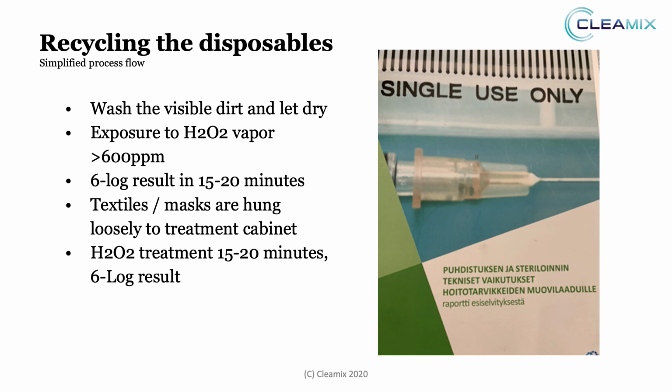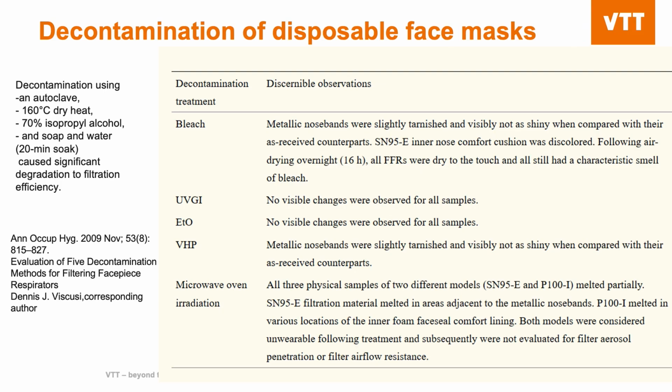If we look at the alternatives, I'm borrowing a slide from VTT here now, the one that we also saw last week. If an autoclave is used, or if alcohol is used for masks, it simply causes too much degradation to filtration efficiency. So it means that you can't really wash them. Other methods are also applicable, but hydrogen peroxide is pretty much the only one that leaves no residuals inside. Ethylene oxide and different bleachings